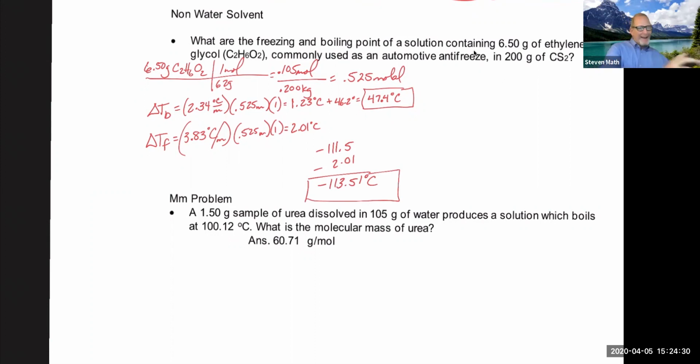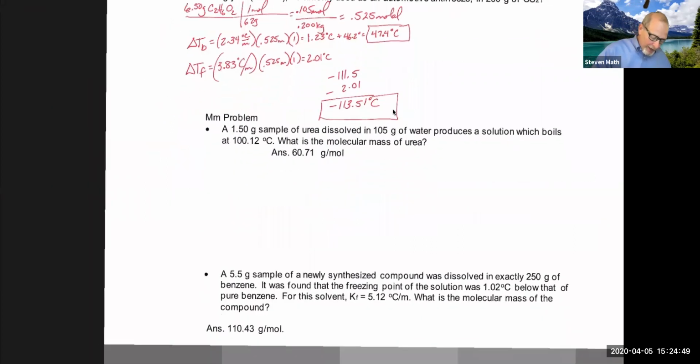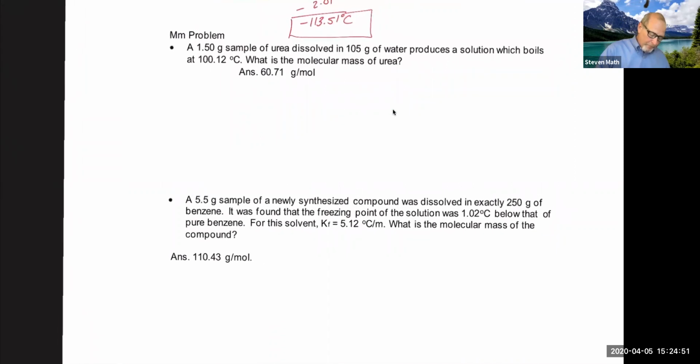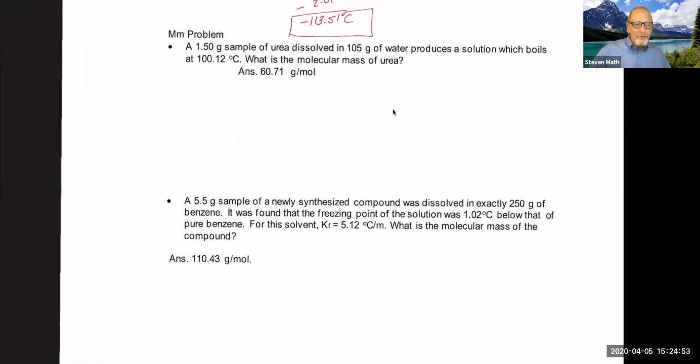We've got to go back to the beginning, look it up, find out the KB, find out the KF, find out the boiling point, find out the freezing point. We've got to be given all that information. And then all we do is plug it in to KB m i, KF m i. Now, how do we use these? Here are two examples where we can use this type of problem to solve for molar mass. Molar mass, remember,